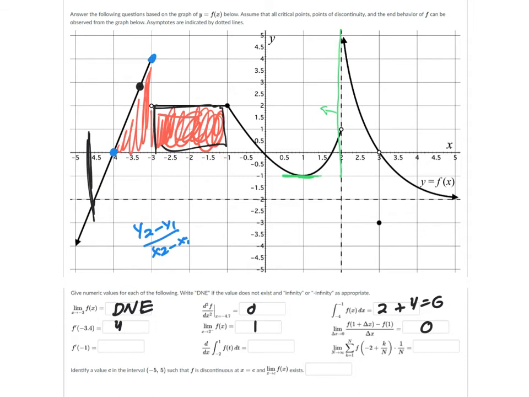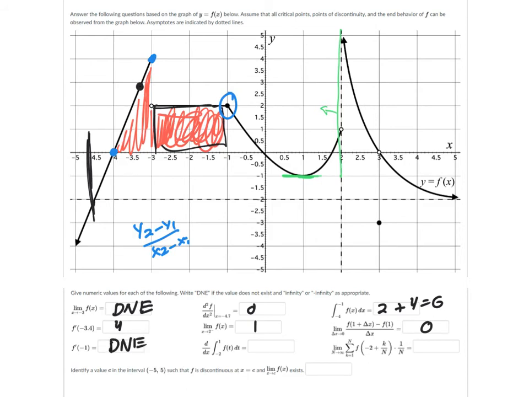All right, next one, f prime of -1. This one, -1 is right here, right? And so f prime at -1 is actually not going to be possible to find because the left and the right side are not the same, right? We need the value to be continuous, right? So an easy way to know whether or not it exists is if there's some sort of angle, right, at the point that you're looking at, then it's not differentiable, right? Because we need the slope to be constant, right? The slope coming in from the left side and the slope coming in from the right side need to be the same, right? And so since this one has like a sharp angle, then it's not differentiable,